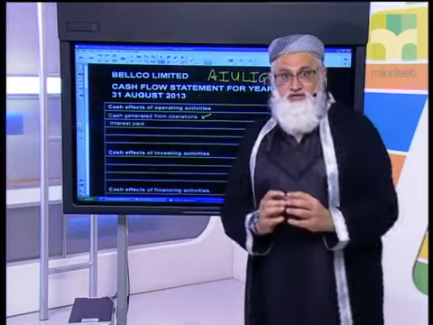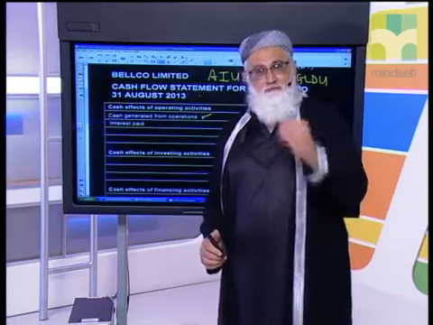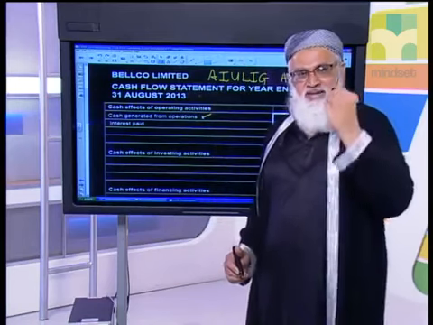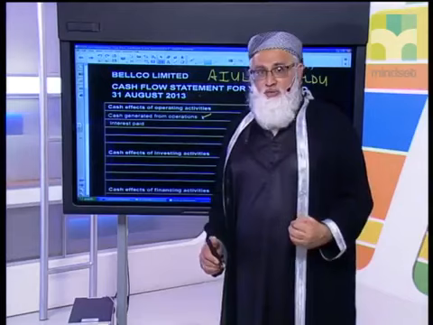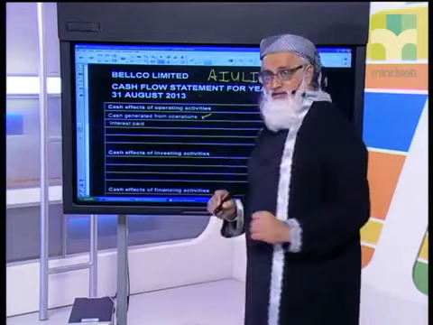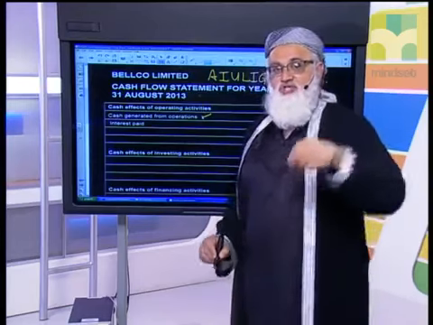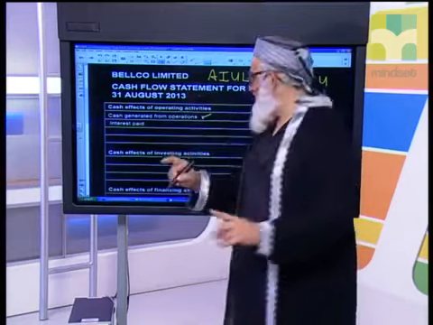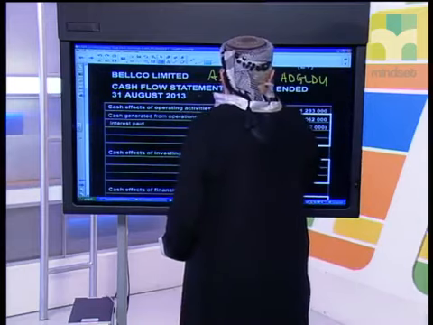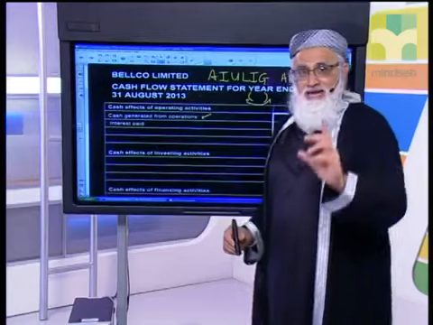Use these two acronyms in the preparation of your cash flow statement. I promise you, it makes a big difference when it comes to answering the question. Remember something else: wherever you see the U sign being used, it indicates that that figure has to be in a bracket. Look at the formation: there's my bracket, a U. You can see the completion of the U, can't you? So the U tells you that that figure has to appear in a bracket.